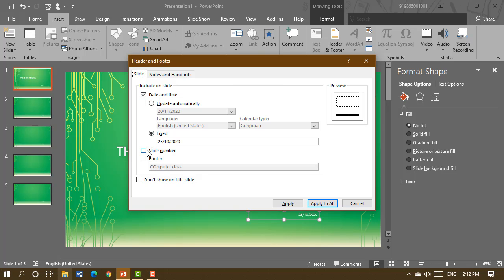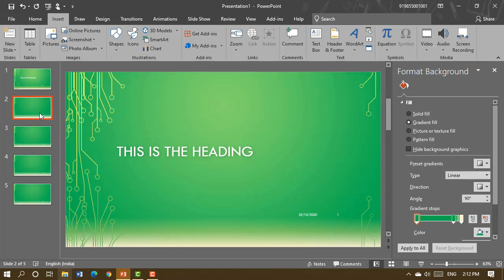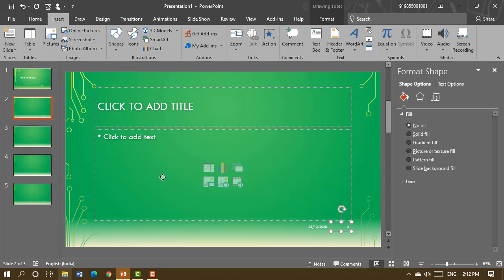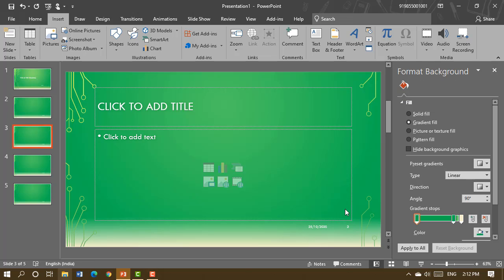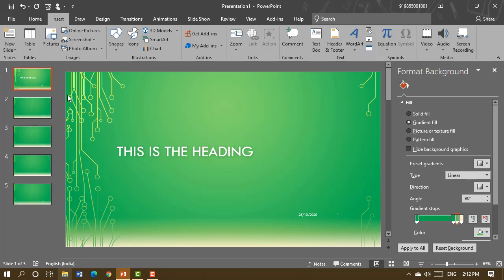Next is the slide number. Generally we have the page numbers in our books, right? So if you want a slide number here, you can click on this and click on apply to all, and you can see children here that you have a slide number. You can click on some other slide. See there, now we have got 2. See this here? 2. We go on to the next one and you can see 3 over here, right? So this way you can show the slide number. Alright,